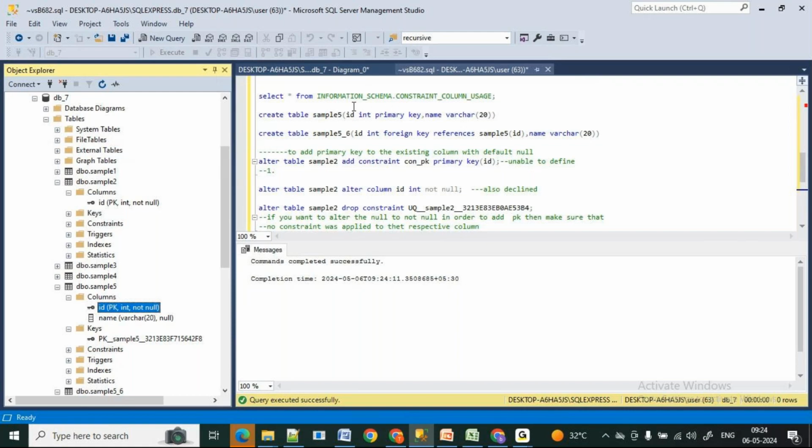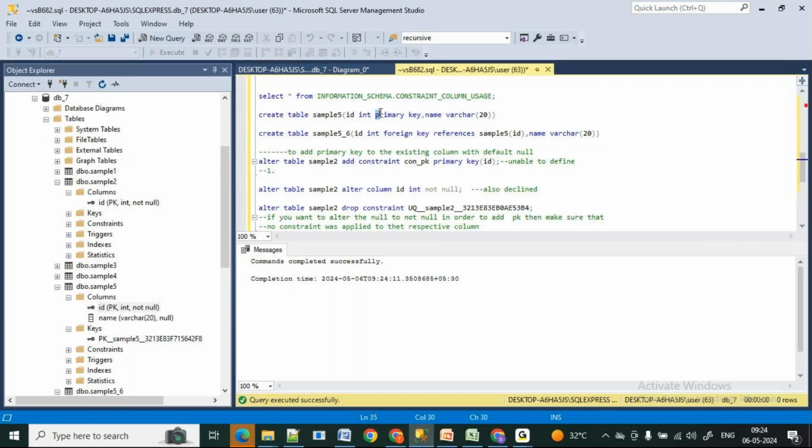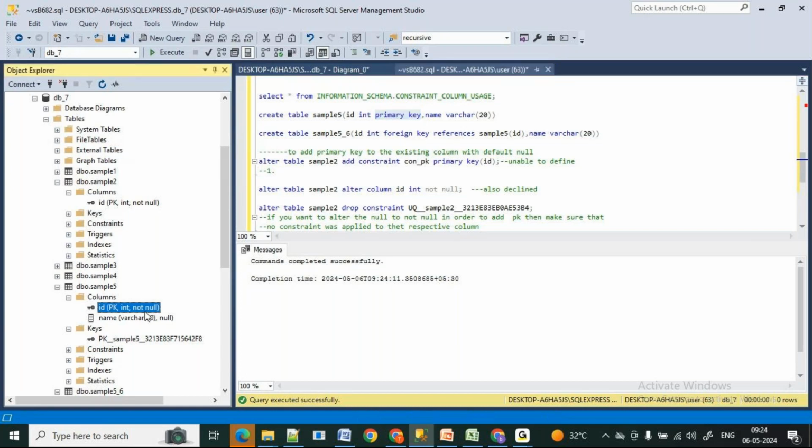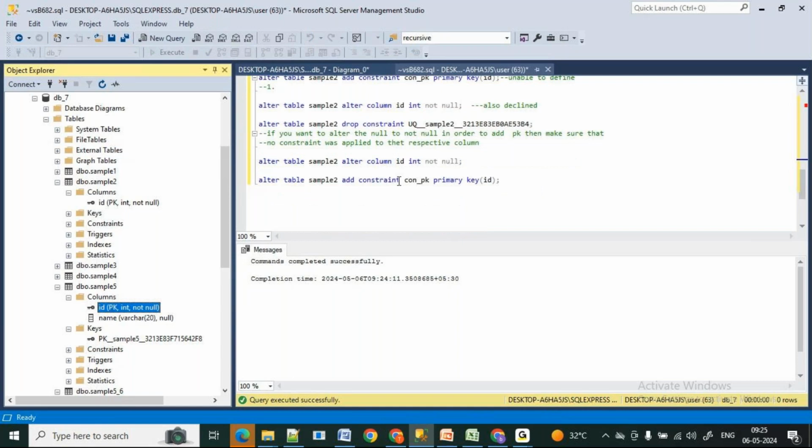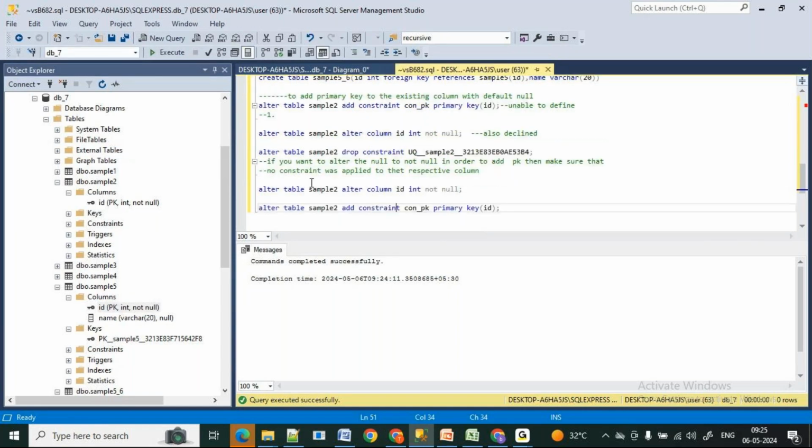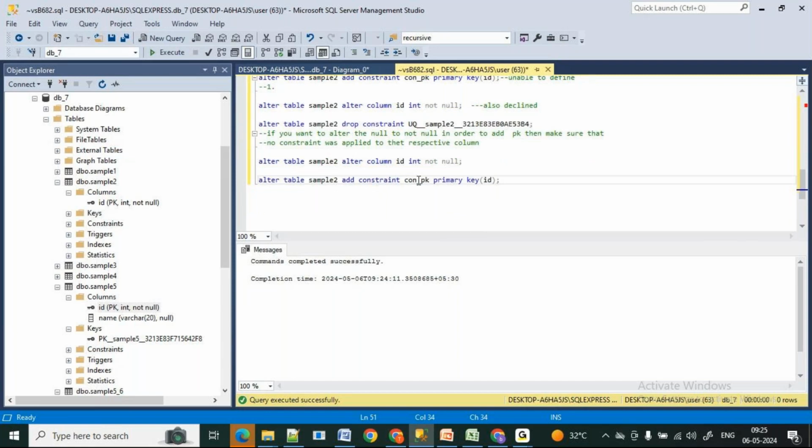I just defined primary key only. The moment I define primary key, it is going to take not null and also unique. This is how you're going to have a primary key. You should make sure that null should not be there for that column. If you have null, this is the process you want to do.